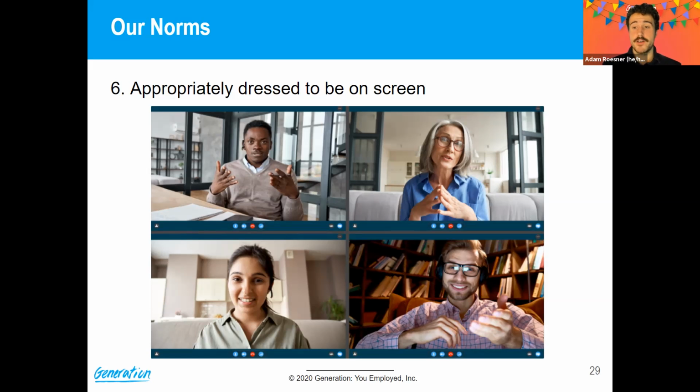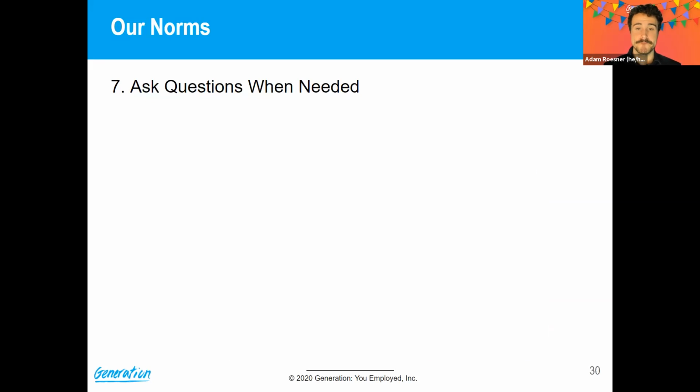Again, if you want to wear a dress, you want to get real fancy with it, that's perfectly fine. I do not mind. I just want to make sure that you are dressing in a professional way that you would be comfortable attending a job interview in, okay? Of course, I'm not going to see what you have on your lower half, so I'm not in a position to judge the types of clothes you have on in your lower half, but your upper half must be dressed appropriately to be on screen.